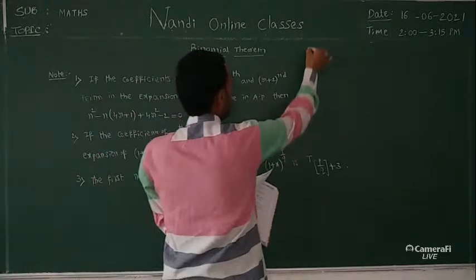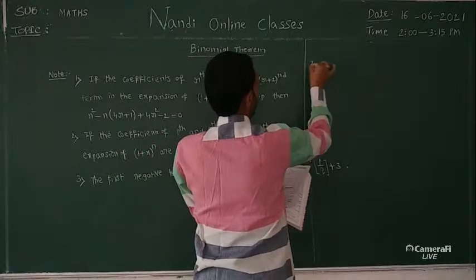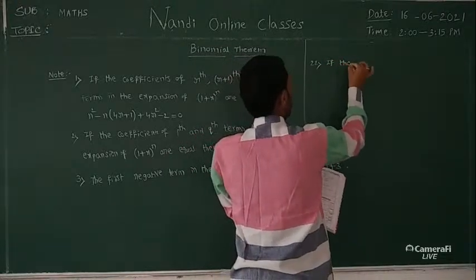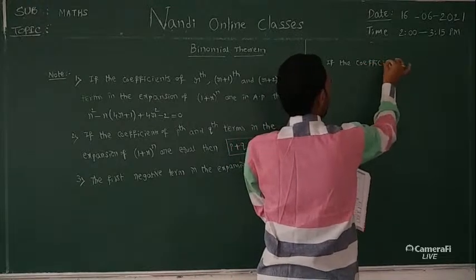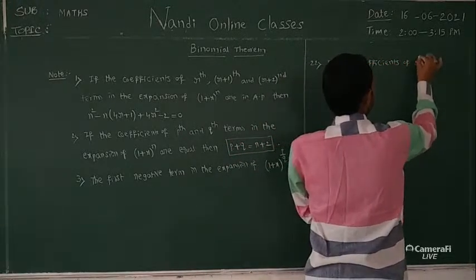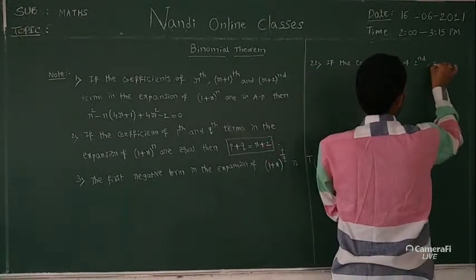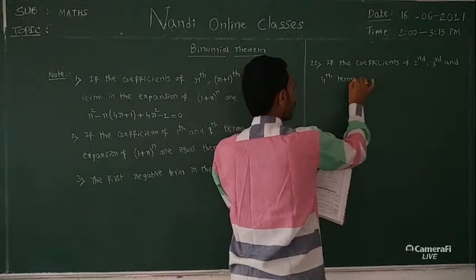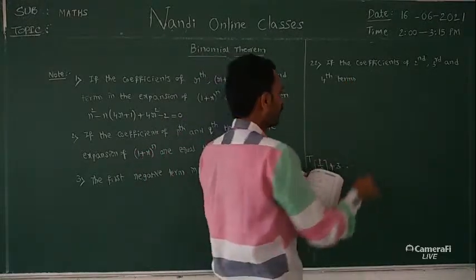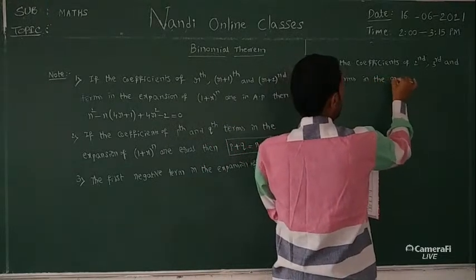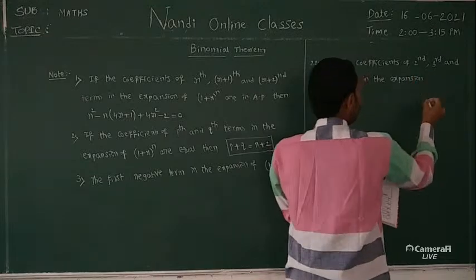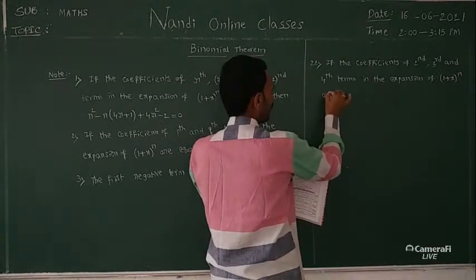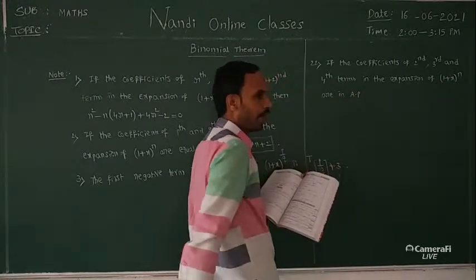Write down the question. Now problem number 22. If the coefficients of second, third and fourth terms in the expansion of 1 plus x whole power n are in AP, then the value of n is,